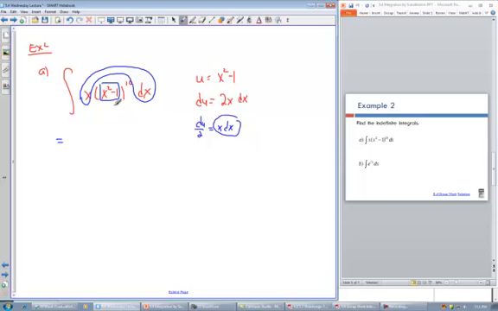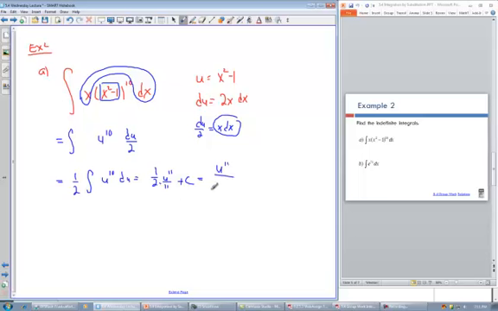So this is equal to u to the 10th, where x squared minus 1 is my u, and x dx is du divided by 2. Then I can do a little bit of algebra and move the 1/2 outside the integral sign. It's probably the easiest way. So that's 1/2 the integral of u to the 10th du, and that's just a power of u, so I add 1 to it and I divide. So 1/2 u to the 11 over 11 plus c,